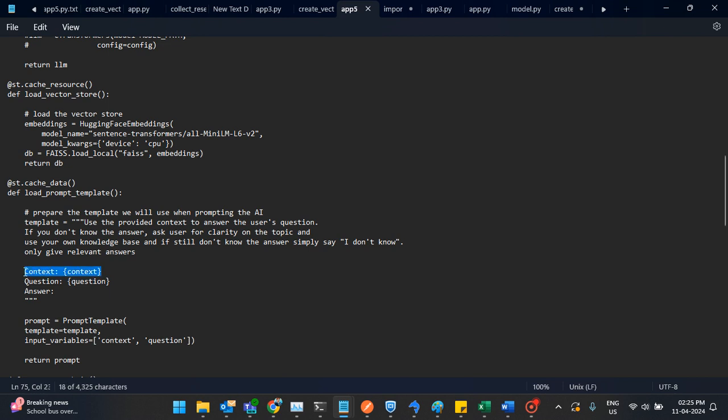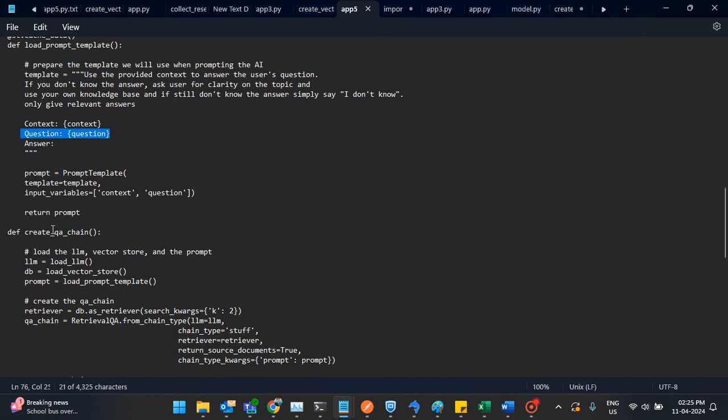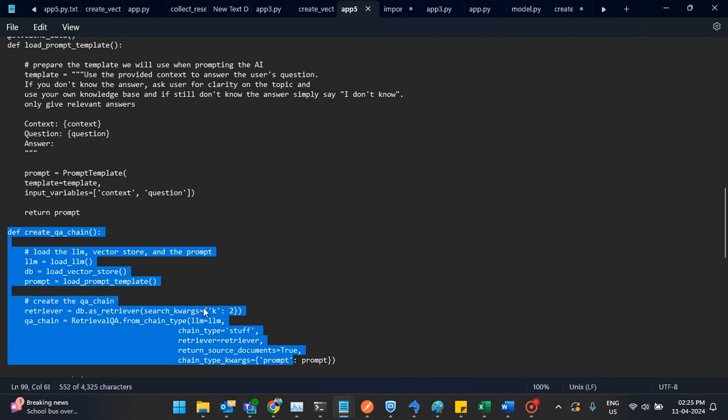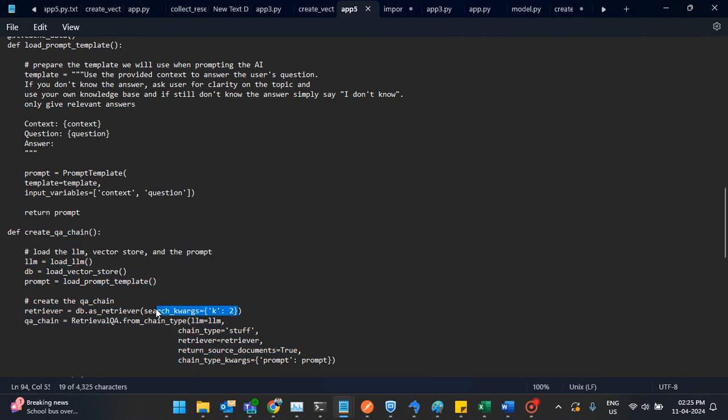So context is basically all the data that is present in your vector database, that will be passed in this context. After that we will be passing a query or the question, and it will pass over it, and related to that particular question, we are getting some output in the form of answers. Okay, so after that for this I'm creating a QA chain, and basically k is equal to 2 over here